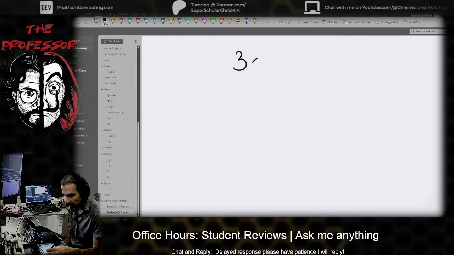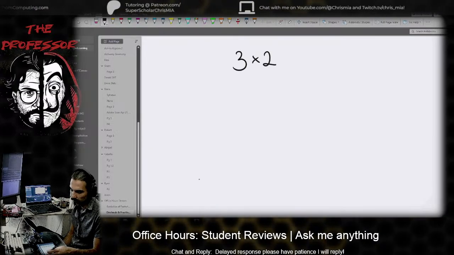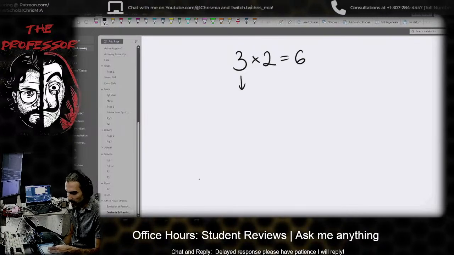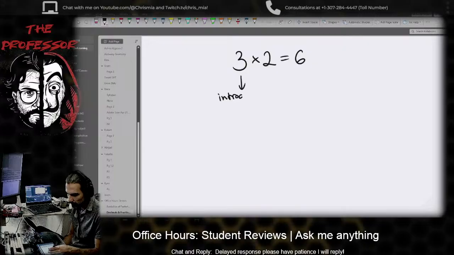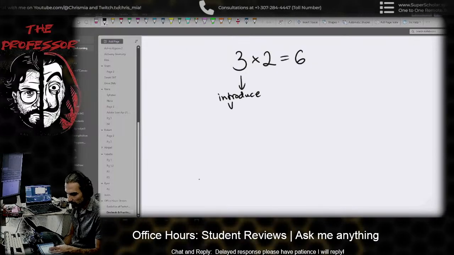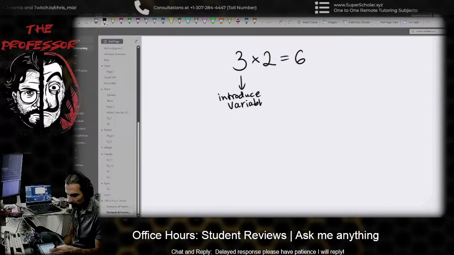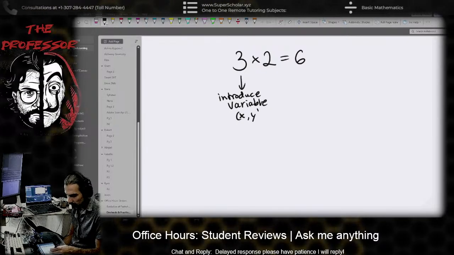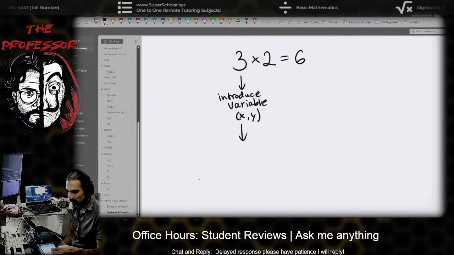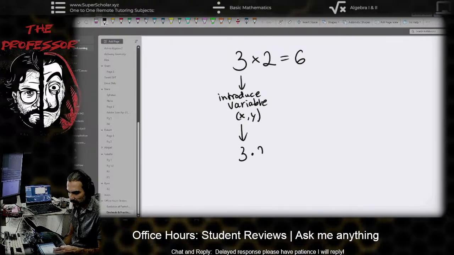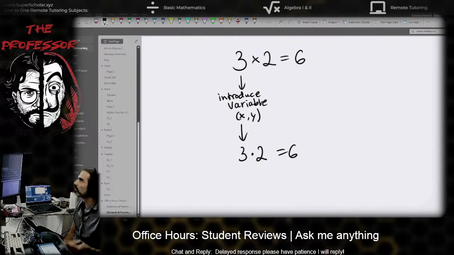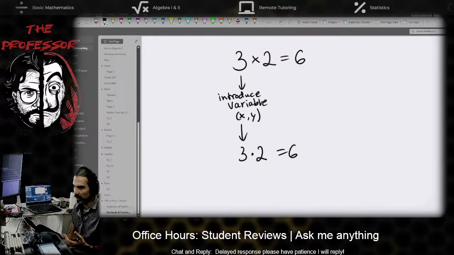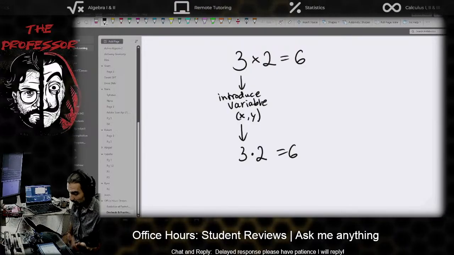So like if we had 3 times 2, which would be 6, then we introduce variables, including the x variable. Then we're like, oh, wait a minute, we're just gonna make this now a dot. So multiplication didn't change, but the symbol for its usage changed, which sometimes is pretty straightforward, sometimes pretty vague,